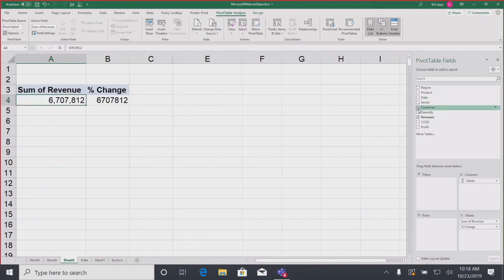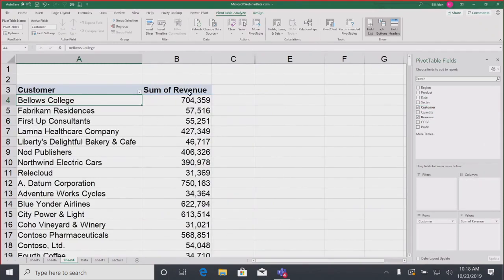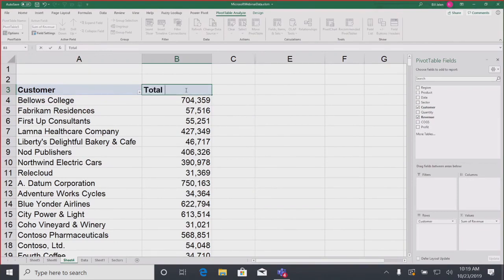I'll put customer down the left-hand side, and I'm actually going to take the revenue field. Right now we have sum of revenue. By the way, that word sum of revenue, you don't have to stick with that, right? It sounds like a little bit of math professor wrote that kind of thing. You can just come here and type anything you want, like total revenue. You're allowed to change that heading, and they have no problem with that. Although the one thing you can't type there is the one thing that sometimes you want to type, which is just revenue. If you try and type revenue there, they'll say, oh no, we already have a field called revenue. You can't use revenue again. So call it sales, or even better, call it revenue space. Revenue space, they have no problem with that.